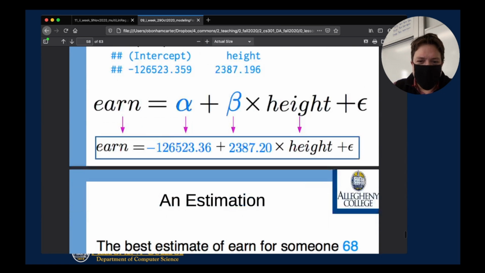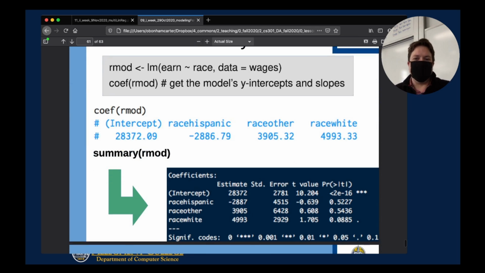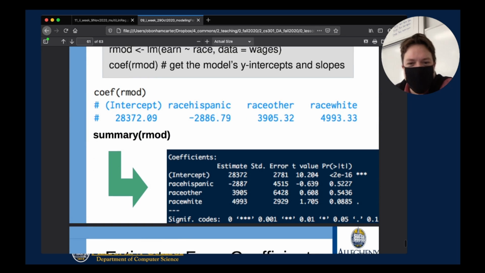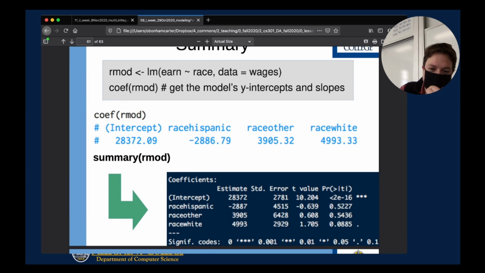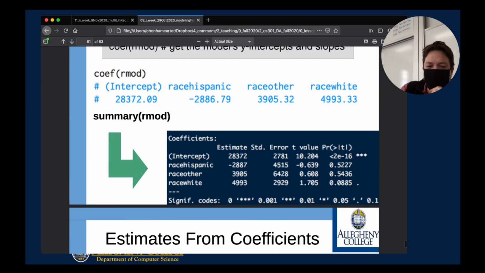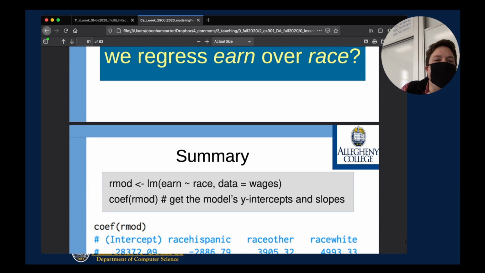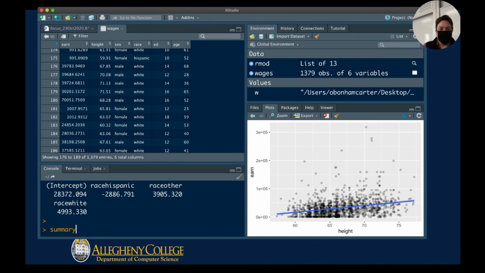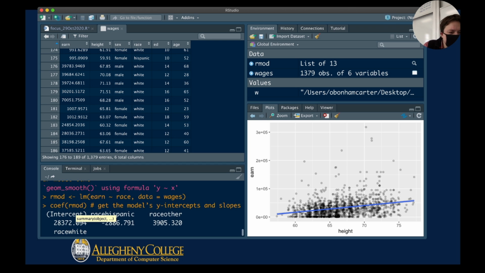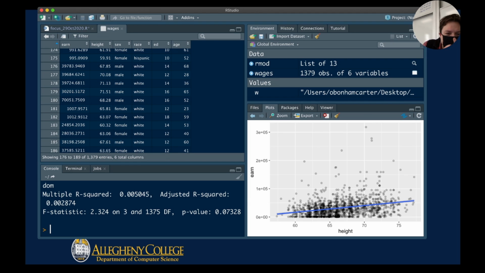Let's see. We find, for instance, that when we take all these numbers out, we can actually create a more exciting model. And this model actually might be better. In fact, let me see what the R value was for that. Hang on, let me do my summary of this model and just see what it is. What was my model called? R mod. Okay, so my R mod,